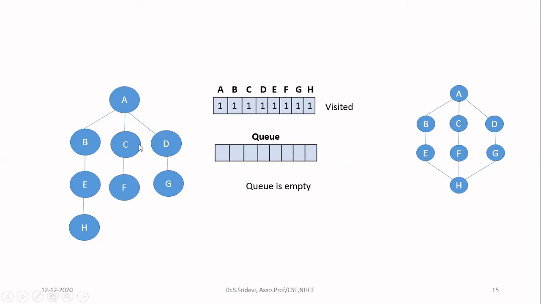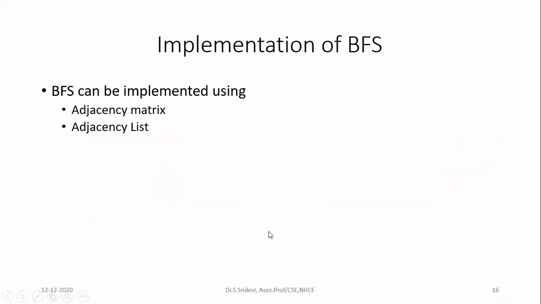So in this, all the nodes, whichever is present in the graph, that is present in the output, but sometimes it need not be. Some of the nodes may not be present in the output. It means that those nodes are not reachable from A. In which case you will be having conditions like that. Let me give you one example. If some of the nodes are not having any incoming edges, it means that you cannot visit from any node to that particular node. So that will not be appearing in your output. Okay, so that is one example where you cannot reach a particular node. And don't expect that all the nodes in the graph will be coming in the output. So now this is how the BFS is going to work.